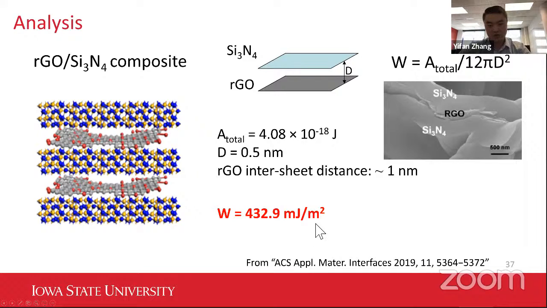Okay, so the final result between these two layers will be above 400 millijoules per meter squared. So this is a very large energy compared to what we have met in our course. So in the last part